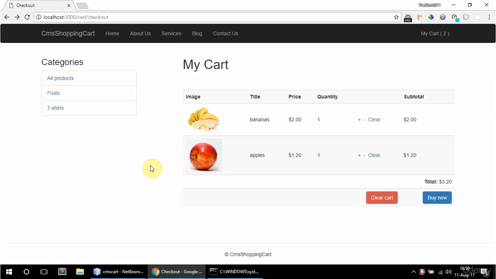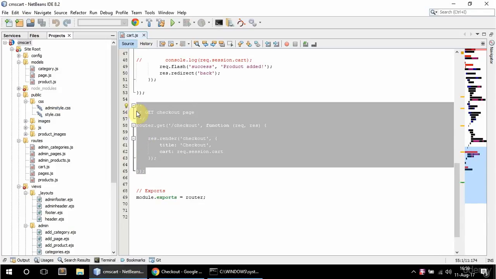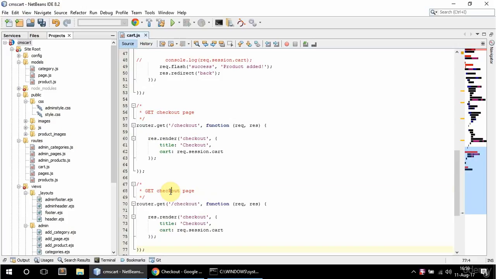In this video I'm gonna enable this cart product manipulation thingy here. So these links point to /update/product slug and some action. So in here I'm gonna copy this and say get update product, and the URL is gonna be /update/:product, and I'm gonna get that product slug in a variable, so req.params.product,